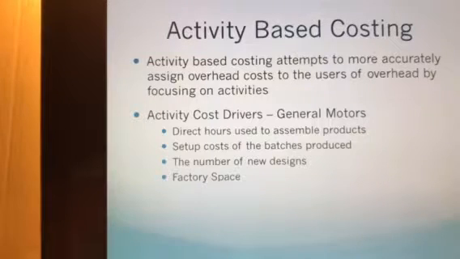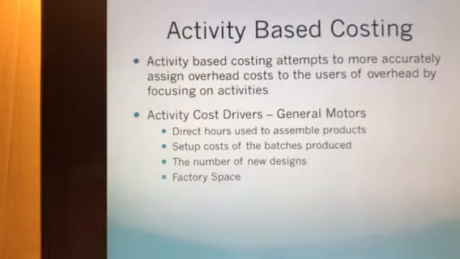So the basic principle underlying activity-based costing is that an activity, which is a task, operation, or procedure, is what causes costs to be incurred. So the factor that drives this cost is the activity cost driver, and that is the activity causing costs to be incurred. So for General Motors, as an example,